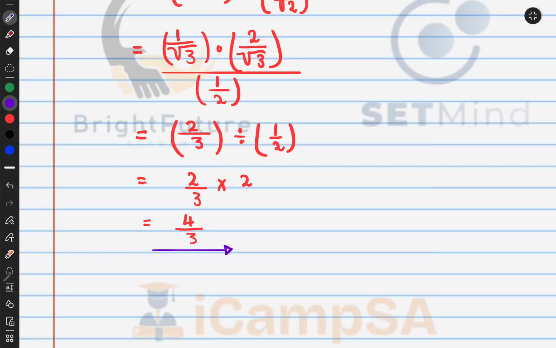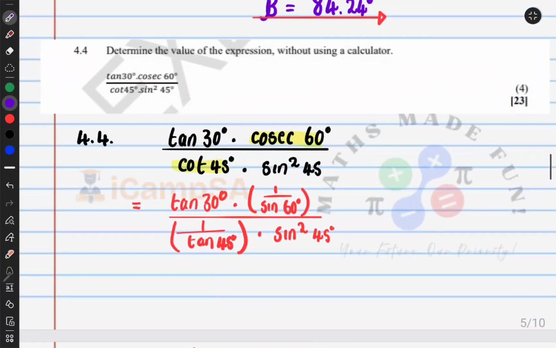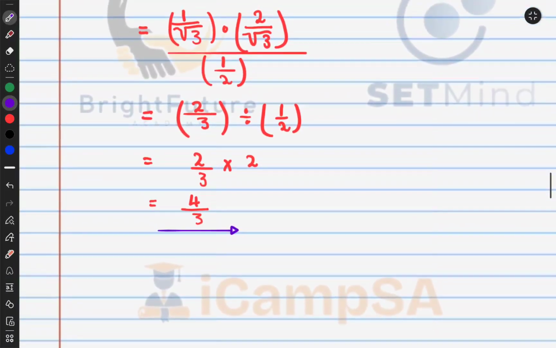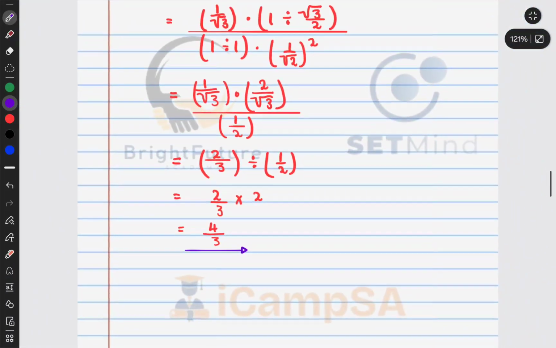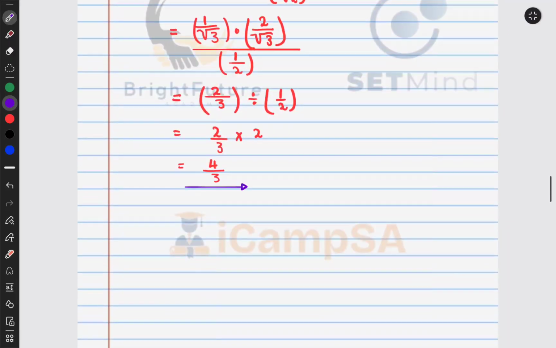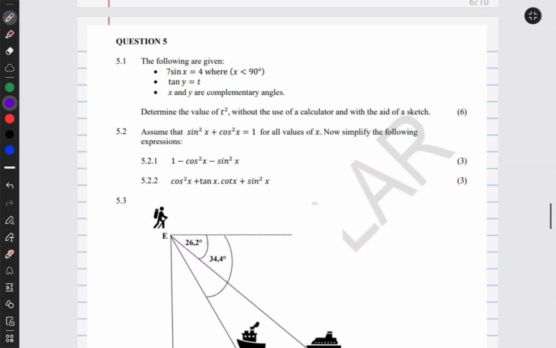That is your answer. 4 over 3. Okay, it's done. 4 marks, 4.4. That is how you will work that one. Special angles and work with functions. Let's go to